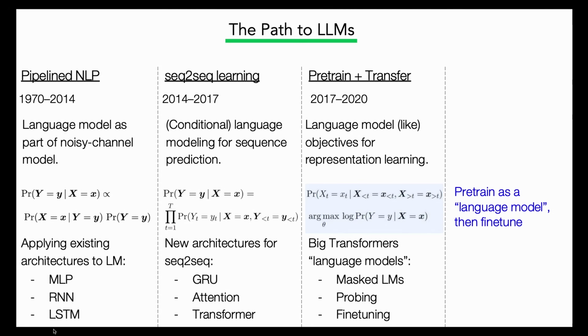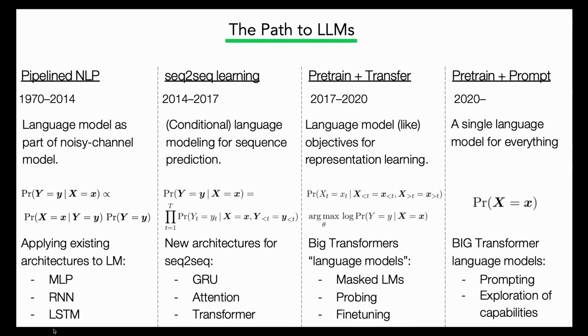And that this was a way to get away with much, much less data for any specific downstream task of interest. And finally, the era that we live in now, which we might call the era of pre-training and prompting, doesn't even go through any downstream task data at all, or very little, and basically just says, well, if I have a really, really good, really general purpose next word prediction system, what are all the things that I can do with it without having to ever even touch the parameters again, or make only very